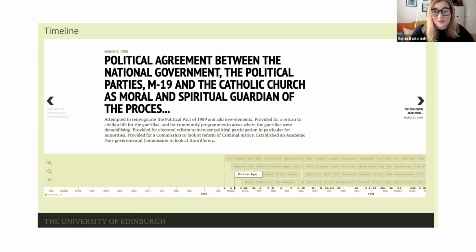This is also very interesting for specific issues, if one wants to know whether a topic has been the object of agreement more often now than, say, in the 90s. If one wants to see how particular topics have come into fashion or fallen out of fashion, as it were, in peace negotiations. So this is where I'm going to stop sharing the slides, and I will move on to